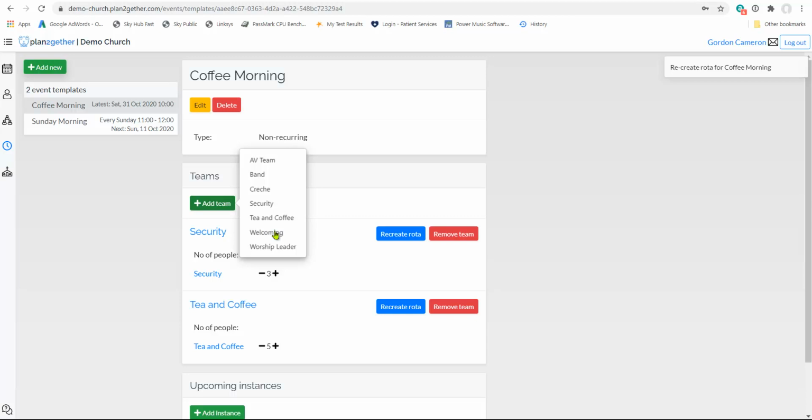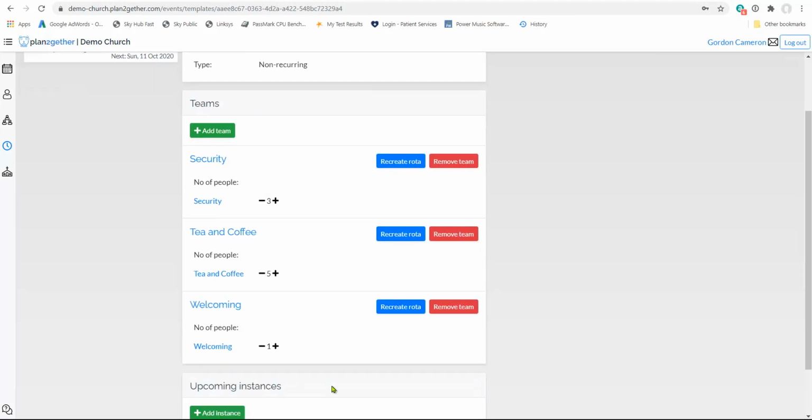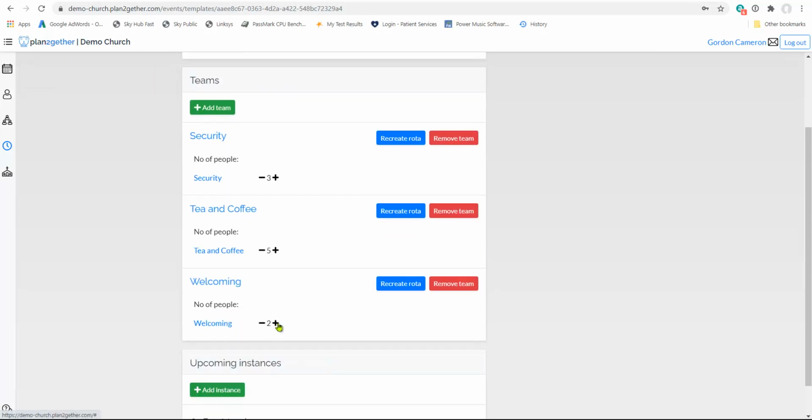And finally, we want somebody on the door welcoming people in. I will actually have 2 people on the welcoming team again, and we'll recreate that rota. So this is what we need for our coffee morning: a security team, our tea and coffee team, and a welcoming team. If we now go and look at the rota,